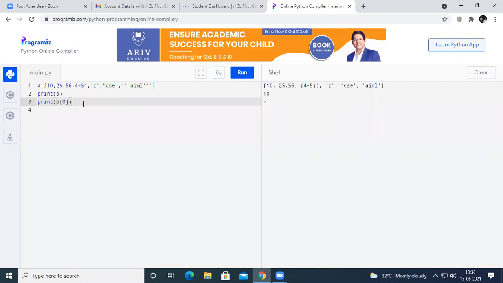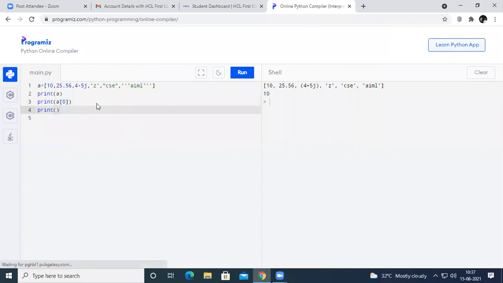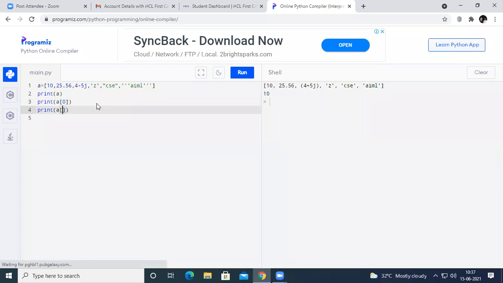So it is going to print the first value inside the list A, because the first value will have the 0 index. And at the same time, if you want to print any element with a negative index, for example, if I give -2, as we discussed earlier, the last element will have -1, and the second to last element will have -2. So if you give A of -2, the index will be calculated from right to left. The first element from the right will have -1, and the second from the right will have -2. Now if you run the code, CSC will be printed on the output.